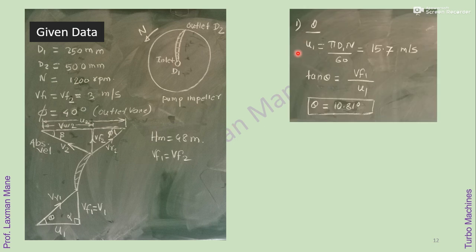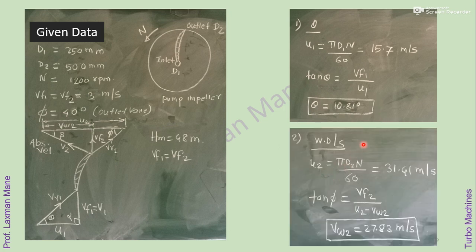First step, find u1 value using formula, then using tan theta ratio formula, find the value of theta, that is vane angle at inlet. This is first answer. Second, in that first find the value of u2 using formula, using tan phi relation, obtain vw2 value,